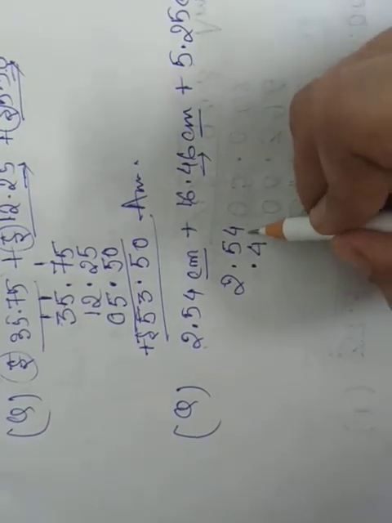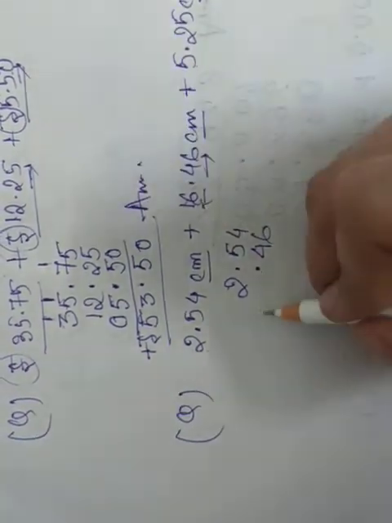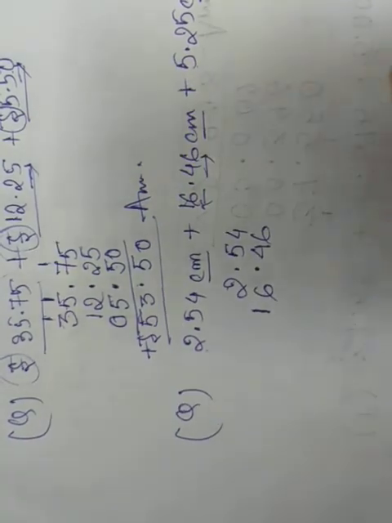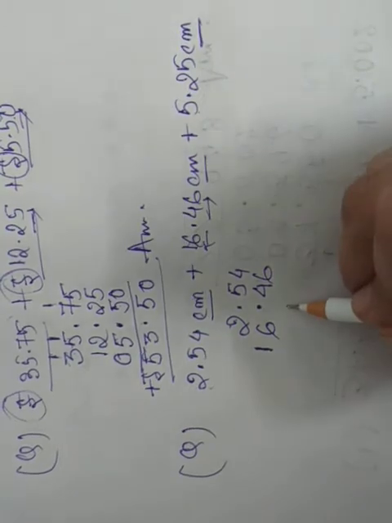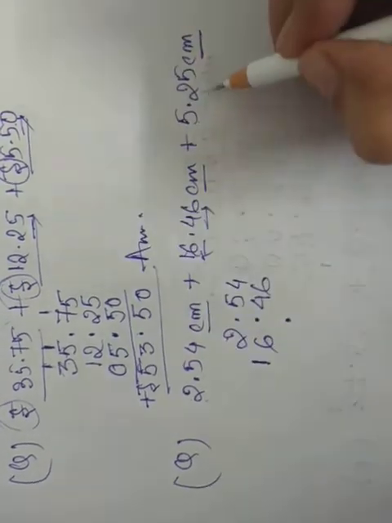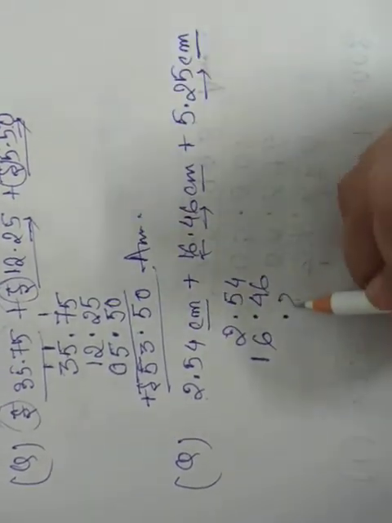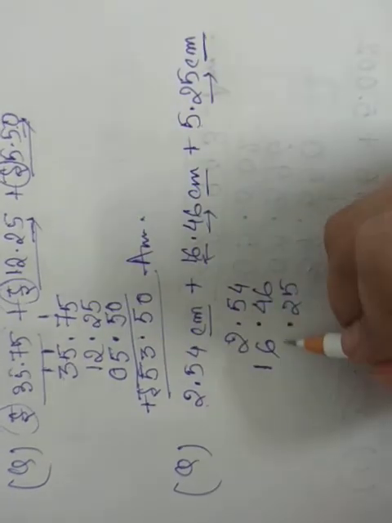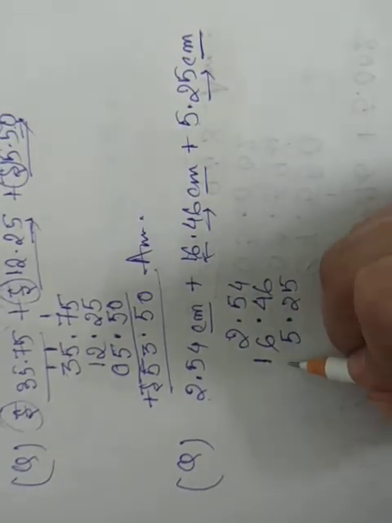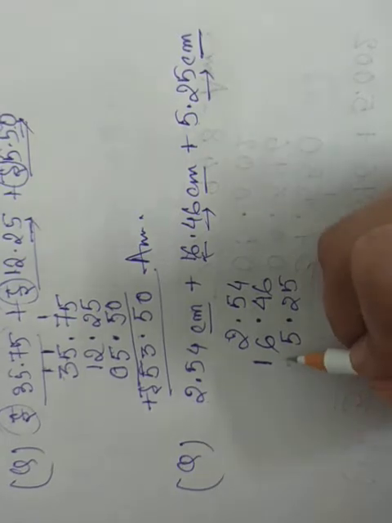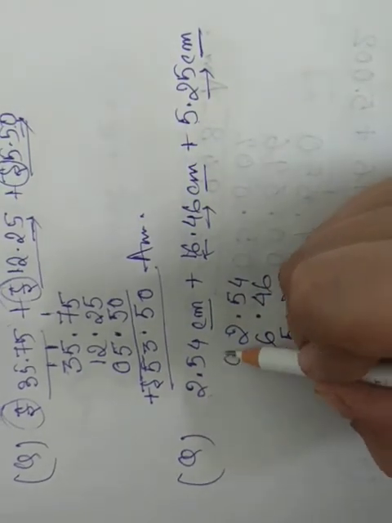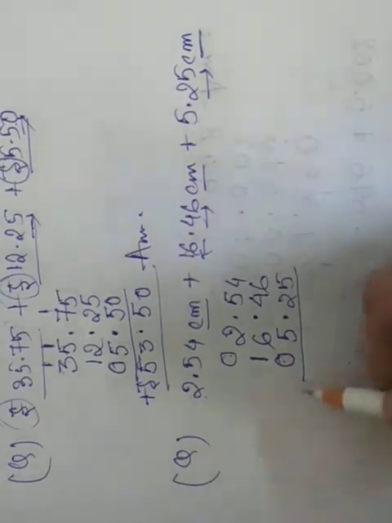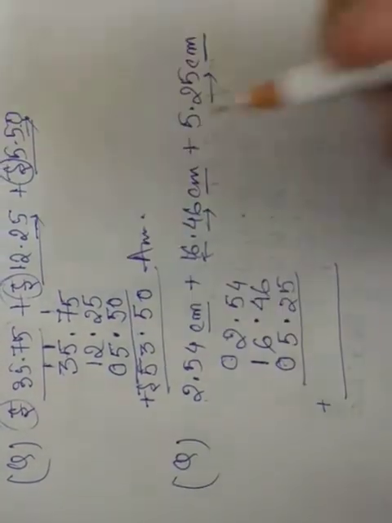It is 46 and the left hand side it is 16. So write 1 over here, 6 here. Next we will add. First write the decimal, then see what is there on the right hand side. It is 25 and the left hand side it is only 5. So here there is a gap in this place. We will fill it up with 0. Here also there is a gap. We will fill it up with 0.